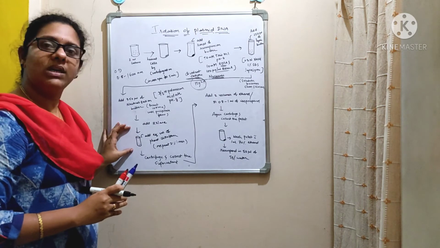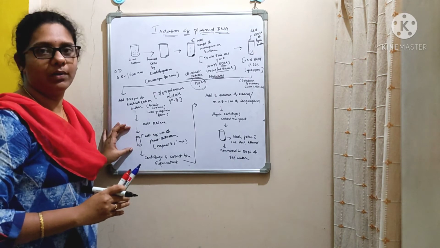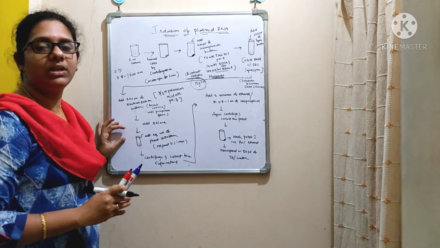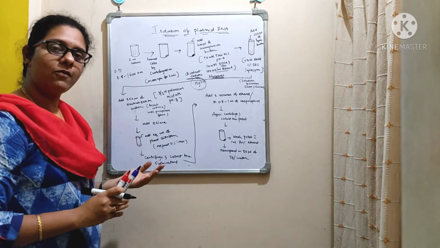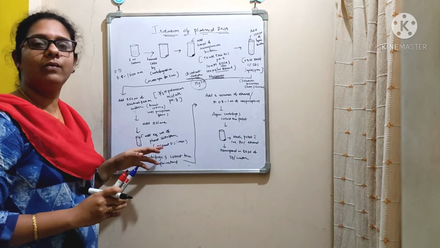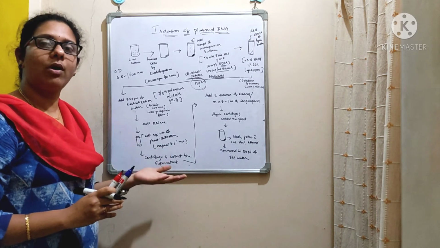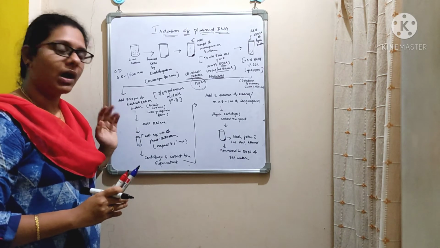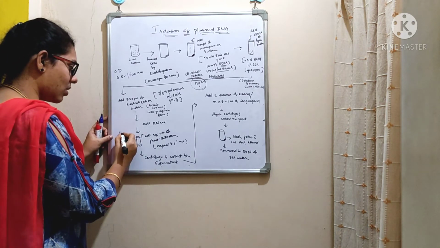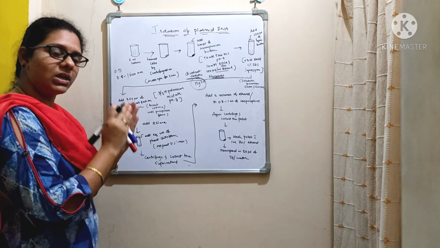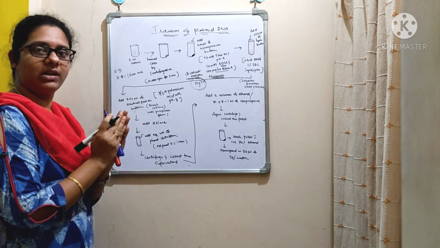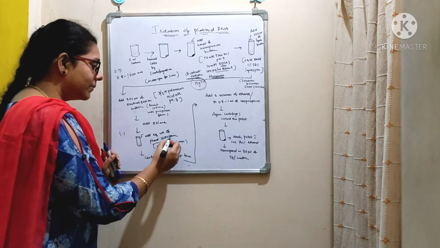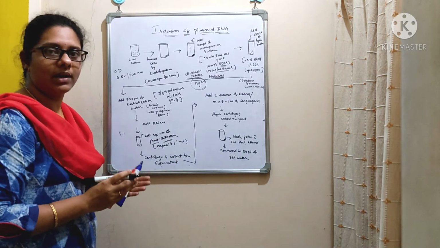And the next step is we need to add an equal volume of phenol chloroform. You need to check the volume of the solution before the addition of phenol and chloroform. If you have 1 ml of your solution, then you need to add 1 ml of phenol chloroform. If you have 0.5 ml of your solution, then you need to add 0.5 ml of phenol chloroform. Both should be added in the ratio of 1:1. So your solution and the phenol and chloroform should be equal. Here the phenol is a polar solvent and the chloroform is a non-polar organic solvent.